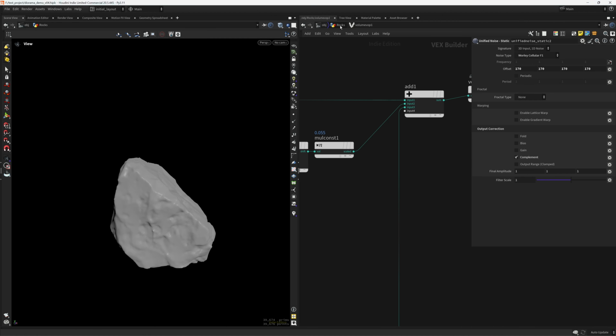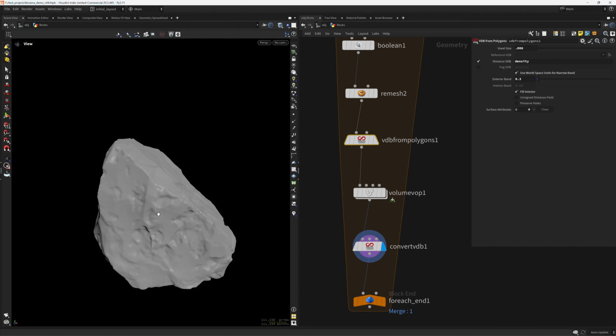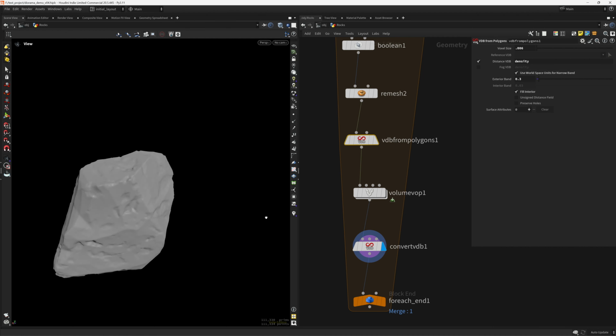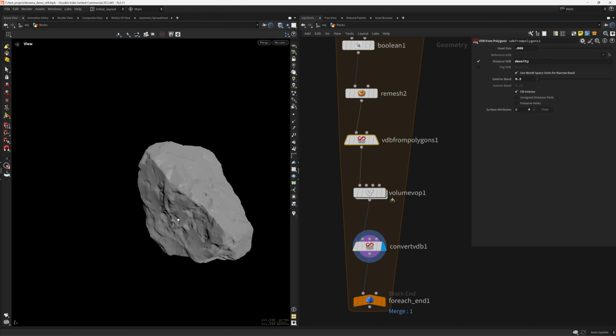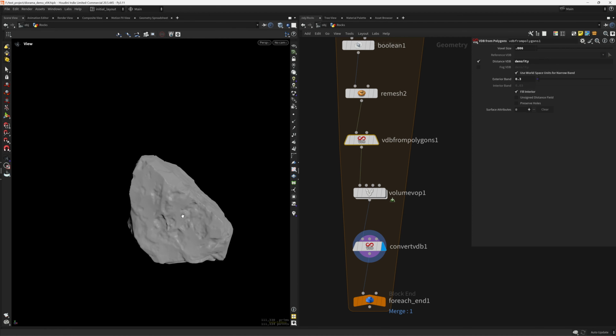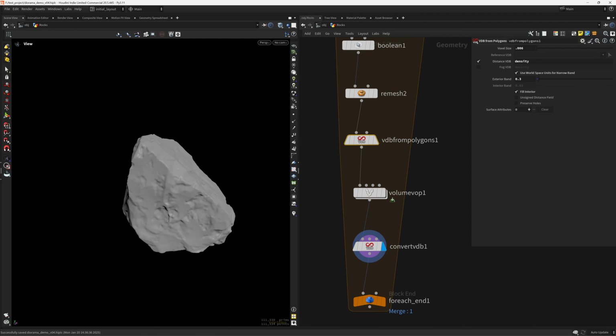Let's just change the resolution to 0.06. Go until your PC starts to scream. So as you can see, nothing too special, but we get some nice details, and at render time we will also add some displacement, so it will be a bit better, I guess. Let me change again this. So in this case,